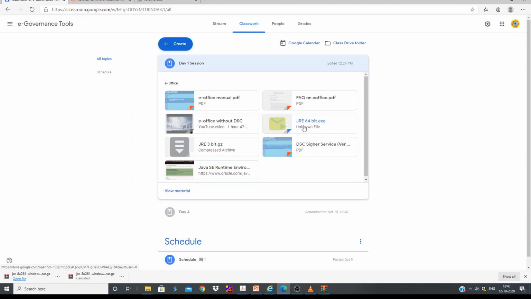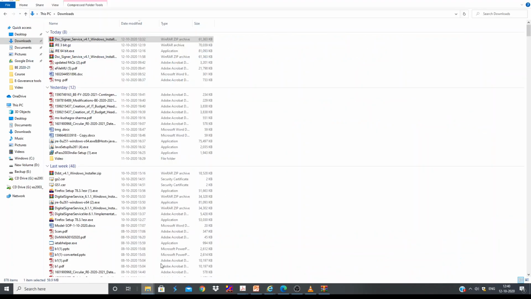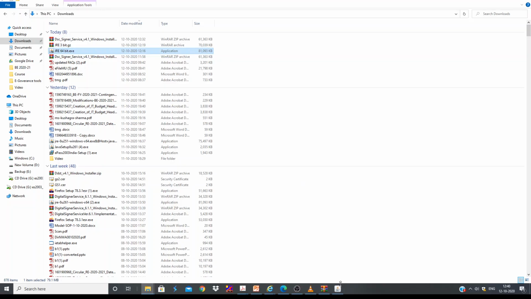So we can download. If your OS is 64-bit, just download and install. If it is 32-bit, just download and install. Okay. So what I will do now, I have already downloaded 64-bit here, so I'm going to install that one. You can see Java Runtime Environment. We call this JRE, Java Runtime Environment. So the installation is happening.